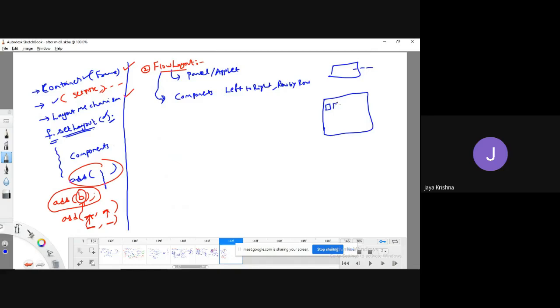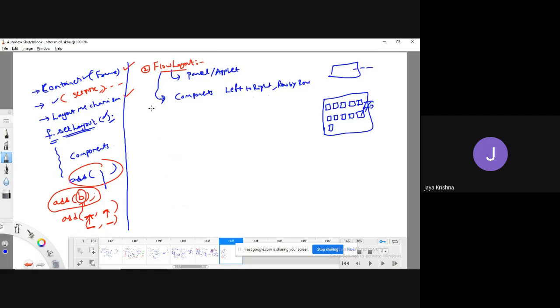Next container it is going to add here. Next container it is going to add here. If this row is completely full, then it comes here. If this row is also complete, then it comes here. But suppose if you extend this, then obviously all are adjusted to this location. I hope you understood. All the components are arranged by default left to right, line by line, that is row by row.